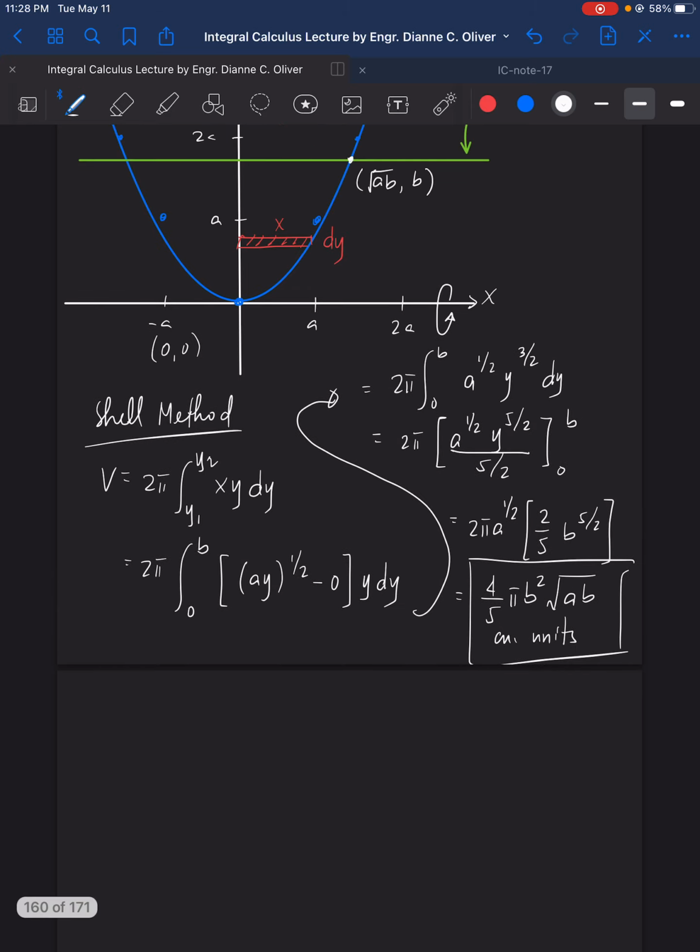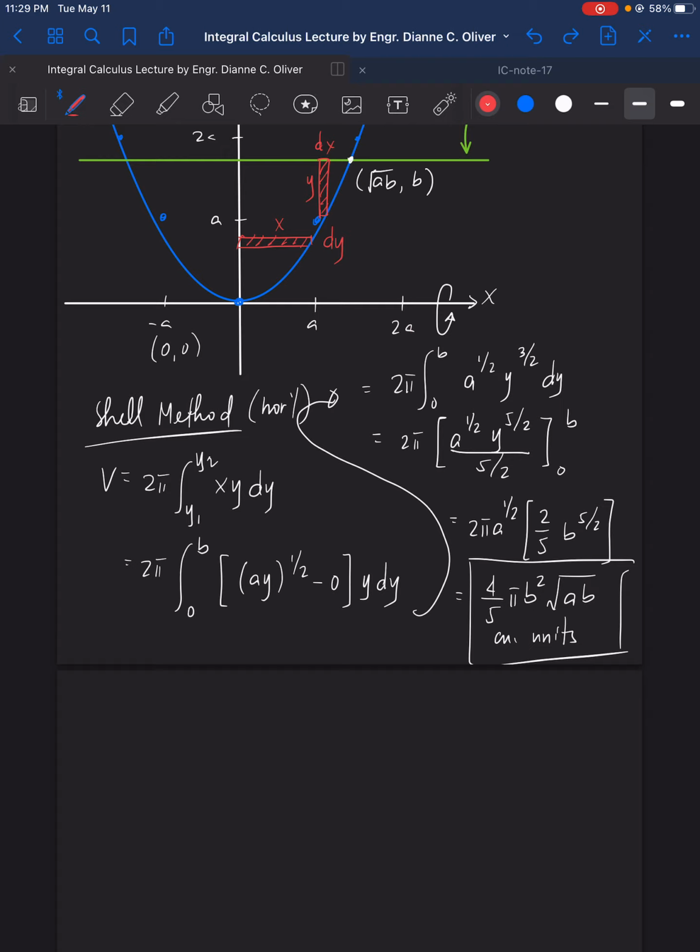So the shell method is because we use the horizontal area strip. Now how about if we use the vertical area strip, which is y dx? If we use the horizontal area strip or the vertical area strip, and then this is the axis of rotation,